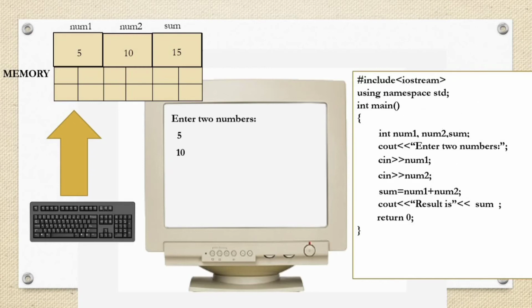Now we can display that. Which command is used to print something on the monitor? We are using the cout command. So I have written cout "Result is" sum. "Result is" is a string that is enclosed within the double quotes, that will be printed as it is on the monitor, and sum is a variable. The value of the variable should be printed, so I have not given double quotes for sum. So it is printed as Result is 15. 15 is the value of sum.